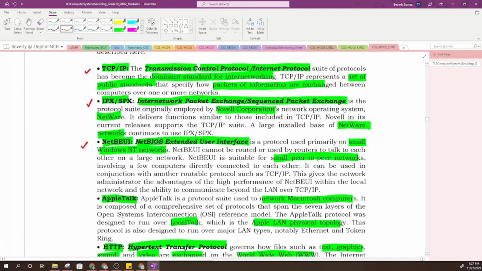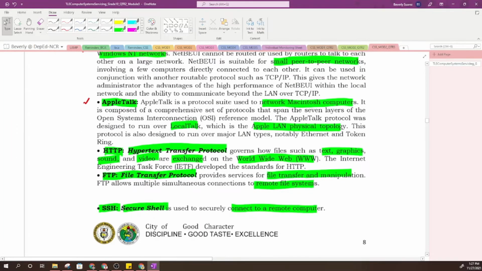AppleTalk, from the word Apple, of course Mac. Macintosh computers use that. LocalTalk is their Apple LAN physical topology. Apple computers. HTTP, Hypertext Transfer Protocol, governs how files like text, graphics, sounds, and video are exchanged on the